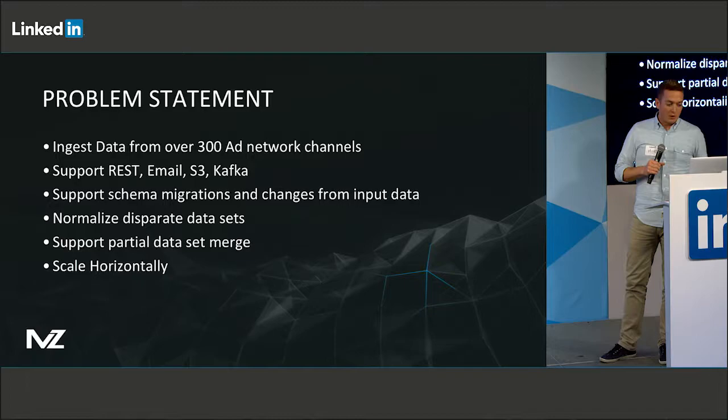So we needed to support ingesting data from REST API and email through Gmail ingestion, S3, and we also do streaming ingestion for clickstream data, mostly for cold storage of events from clickstream and also post-install events. Basically, we need to take all this data from all these different sources, normalize it, and put it into a reporting schema that made sense.